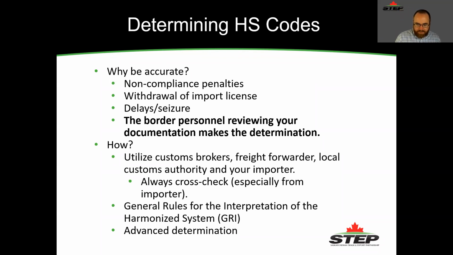You have another option of going to the border services in the country you're exporting to and getting an advanced determination. This advanced determination is binding. That's the one thing with it. If you go to them and say, could you please evaluate my product and tell me what my HS code is? If you don't like that ruling, then you're stuck with that HS code, and it could have potential ramifications around tariffs for sure. Because most products fit nicely into one of these categories, but not every product does. Some products are pretty arguable about what they are. So you really need to think about that before you do it. But in some cases, if you really want to do it correctly, that's the route to go.